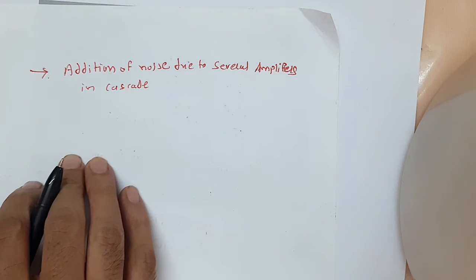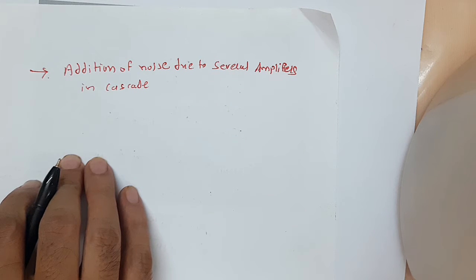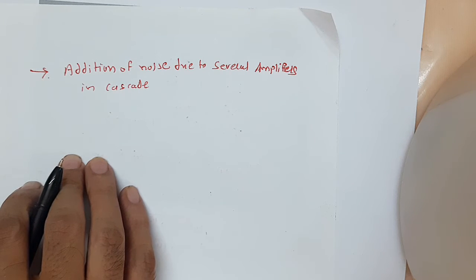The situation that occurs in receivers is given in the above. It shows a number of amplifying stages in cascade, each of these stages having a resistance at its input and output. The first such stage is very often an RF amplifier, while the second stage is a mixer. The problem is to find their combined effect on the receiver noise.